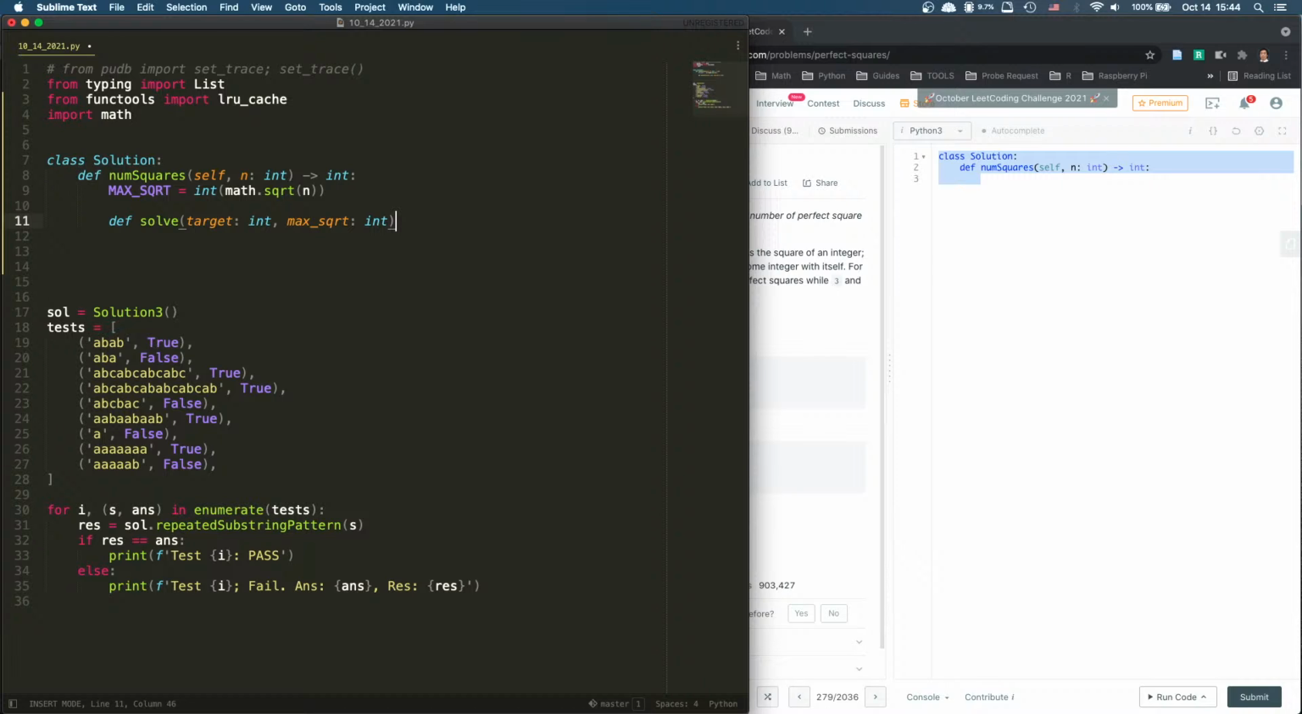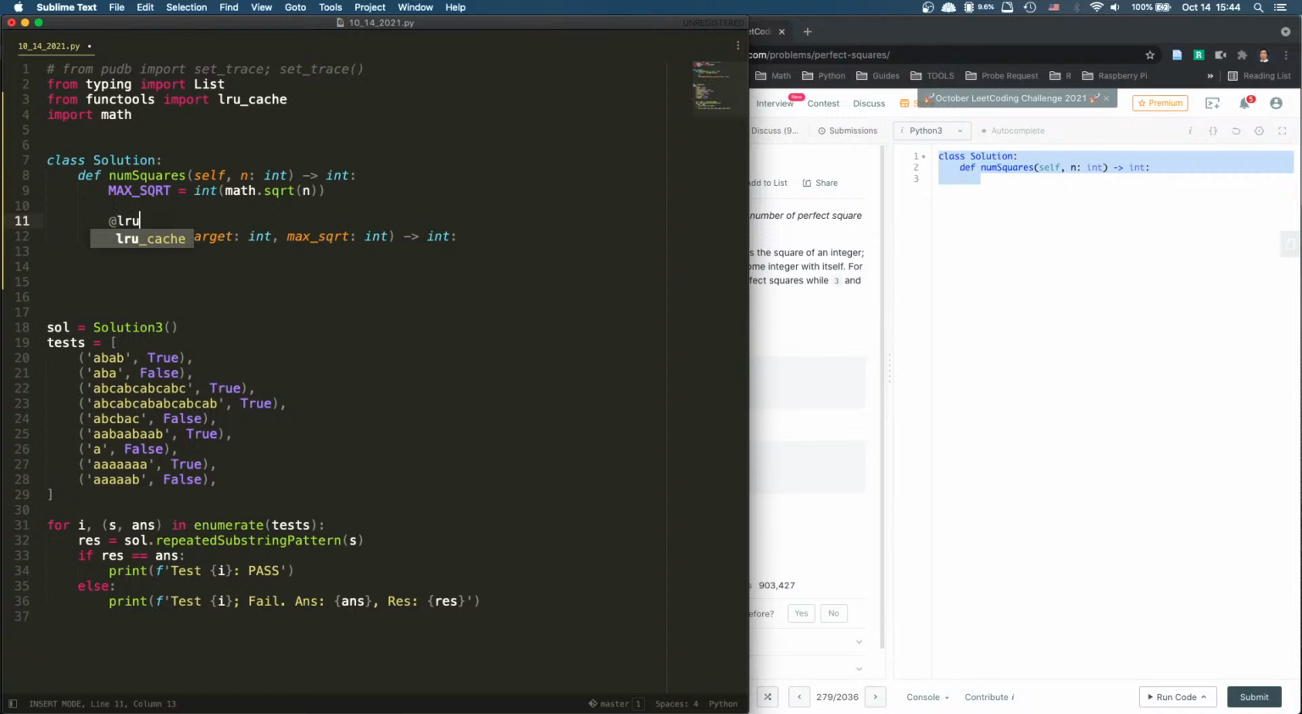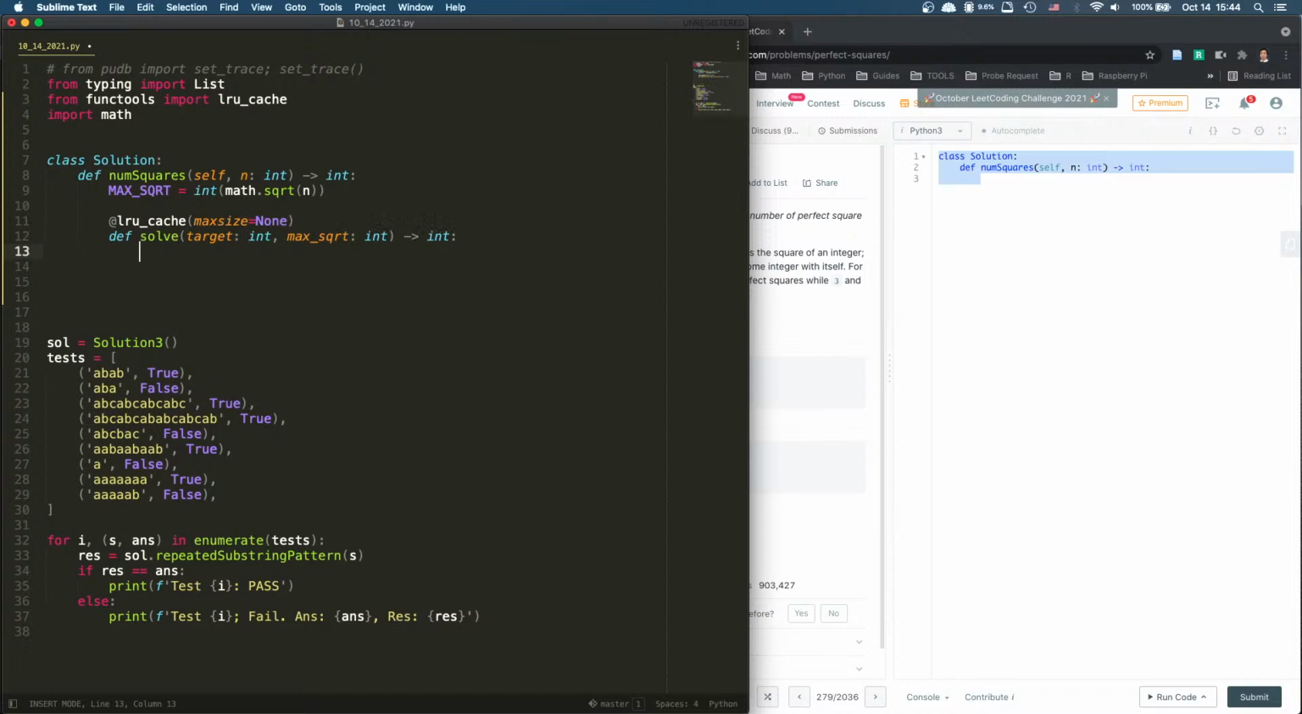Every time we call it, and this one will return an int, right? And then this is going to be cached. Max size equals none. Alright? So this is going to cache. So what are we saying? What we're saying is we have a target and we have the max. Then we're going to say is